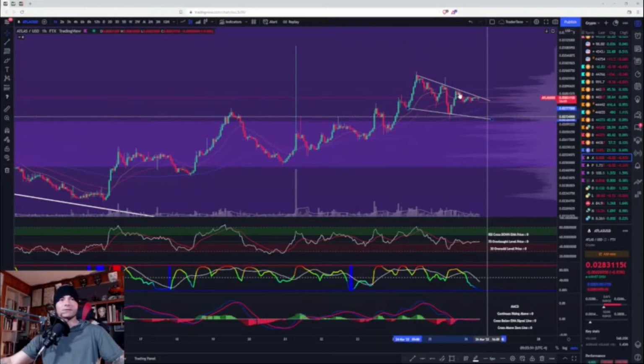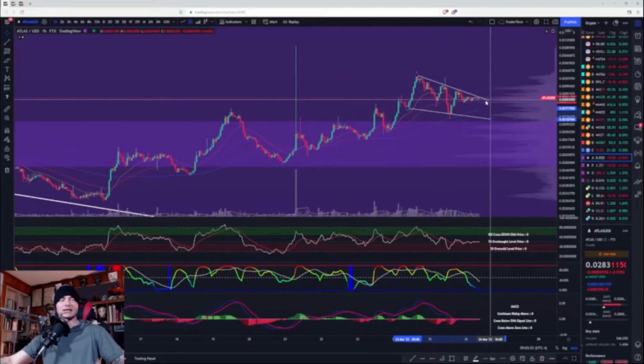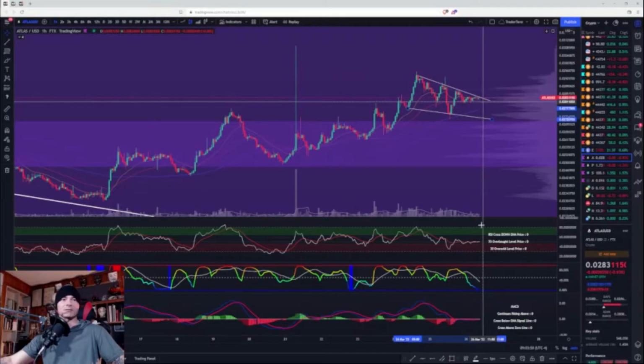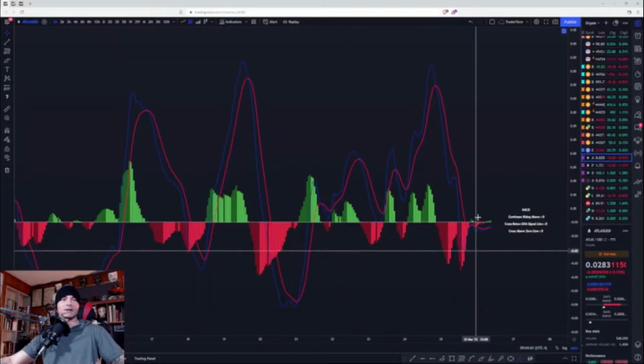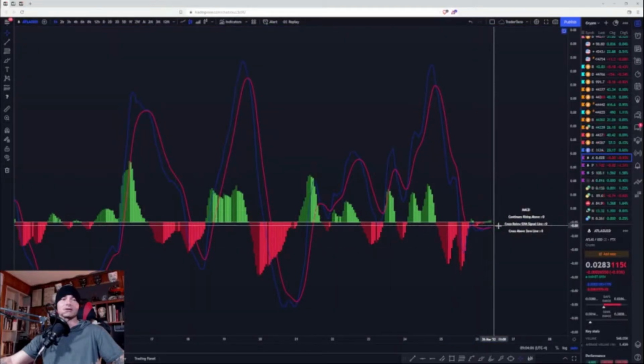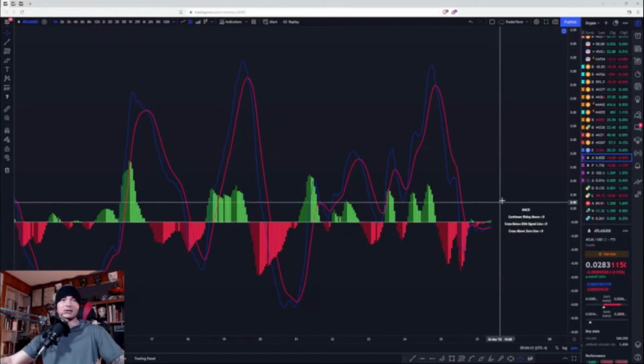So yeah, could be forming some sort of descending wedge. So validation to the downside. Well, let's go through the indicators. But yeah, like I was saying, volatility is turning up. We are riding this zero line right now. We are still below it, but it looks like we could get across above if our positive momentum keeps increasing,